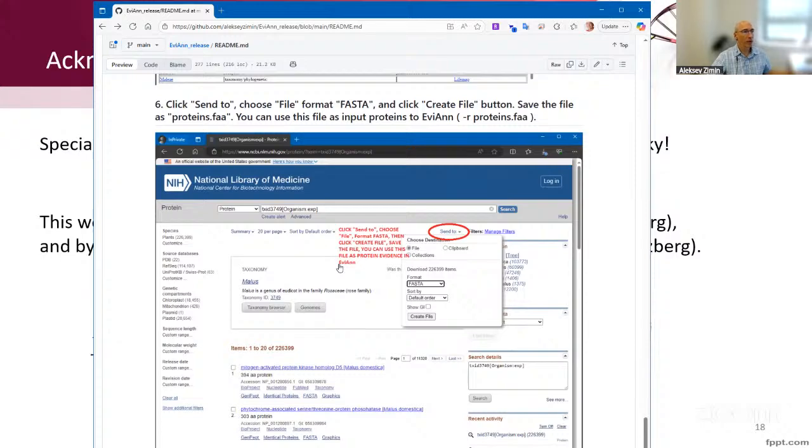If you're working comparatively on, for example, an insect genus, is it a good idea to run iteration for all species, then rerun for all species with the resulting proteins for all species? I'm not sure how to answer this question. My first intuition is no, because EviAnn does make mistakes. You do not want to use